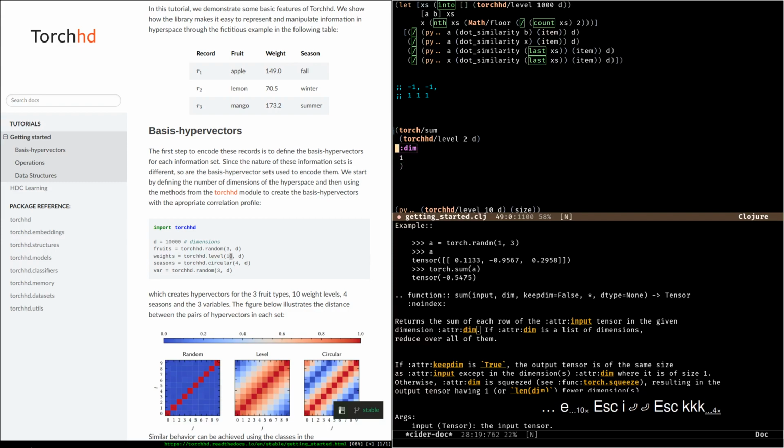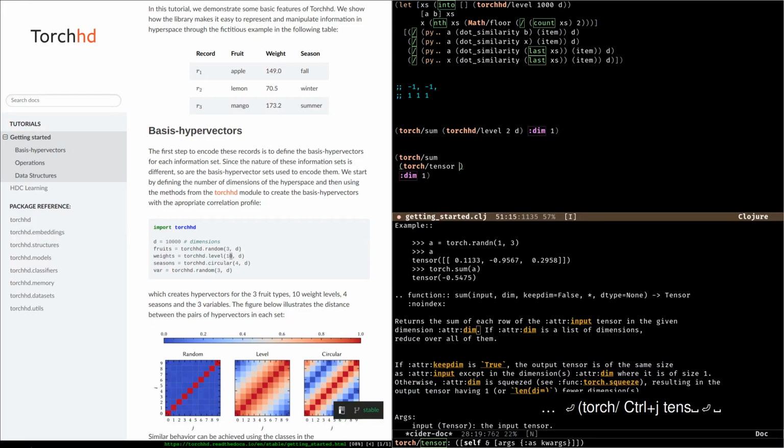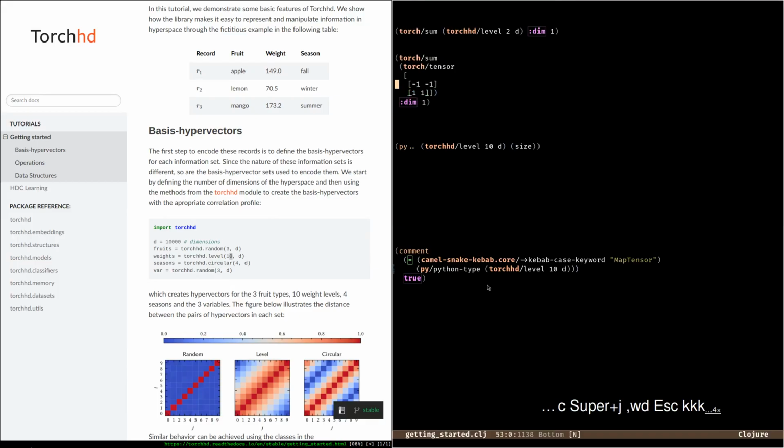Do I do this correct? Wait one sec. Let me quickly double check that I do what I think I do. Torch.Tensor, say -1, -1, -1, and 1, 1. Okay, so this is basically how you develop something like Torch or whatever other Python library you look at